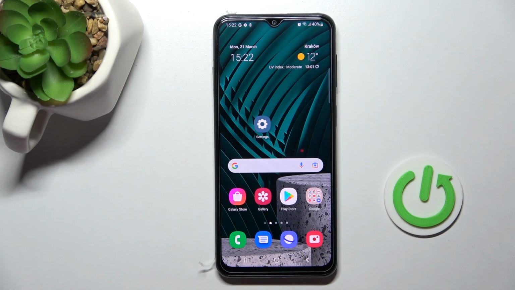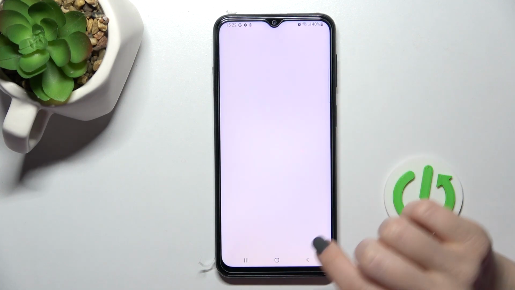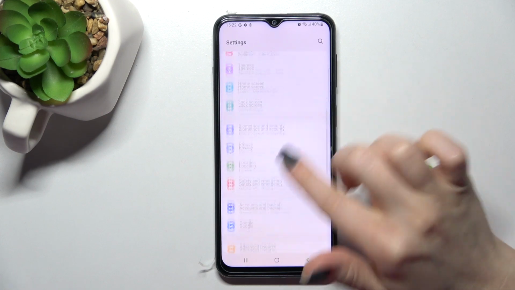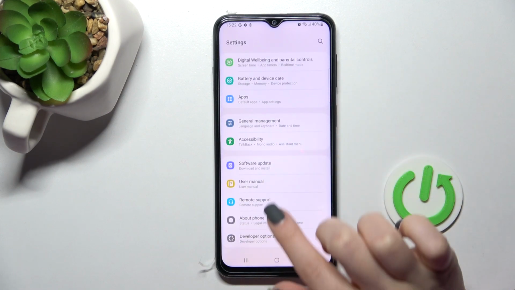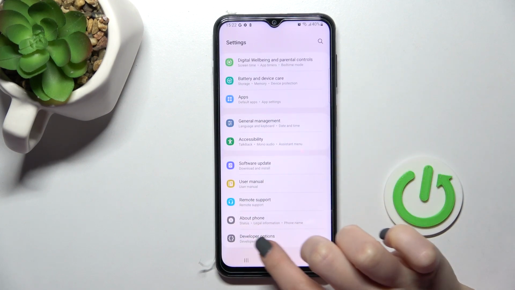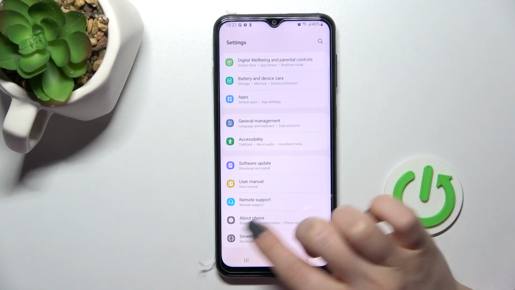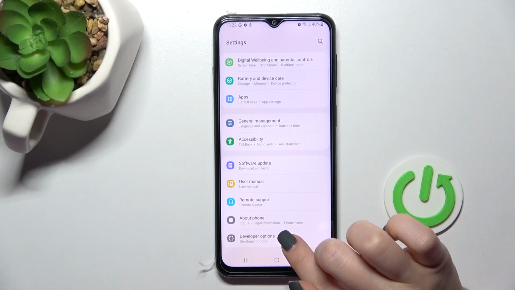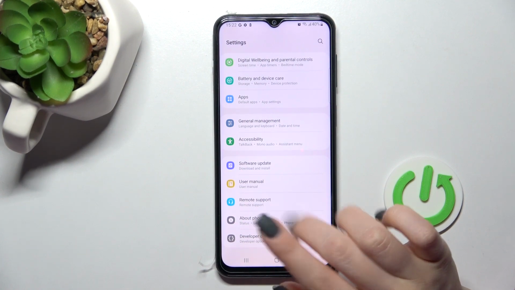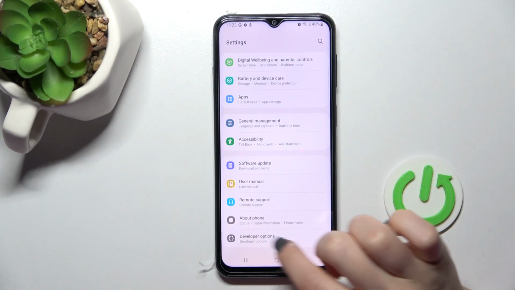Welcome, today in front of me is a Samsung Galaxy F23, and I'll show you how to hide developer options on this device. So first you should go into the settings application and then scroll all the way down, and as you can see here, the last section is the developer options. But if they are activated, you will see this section, but if they are hidden, the last section